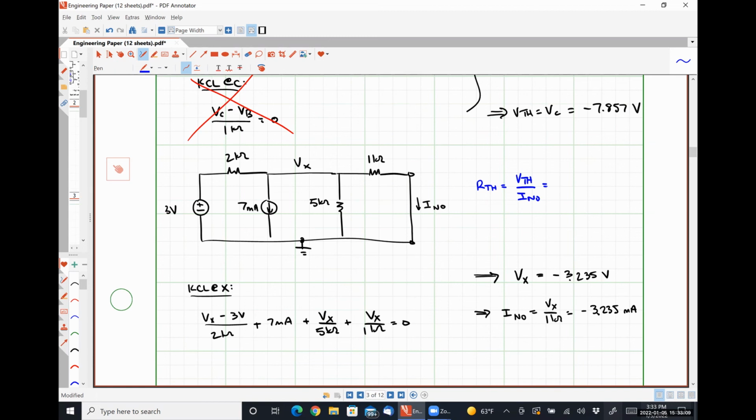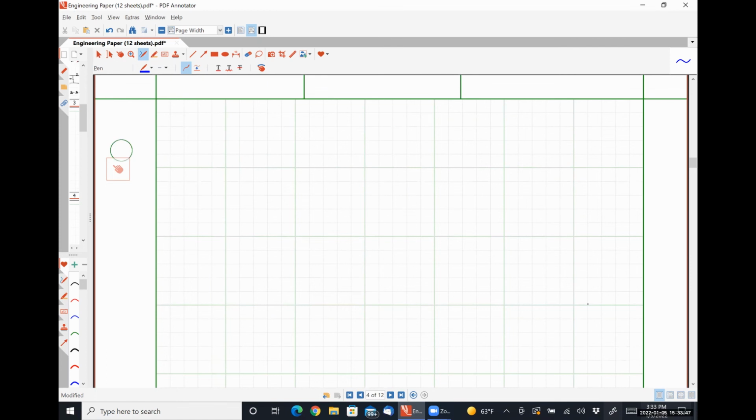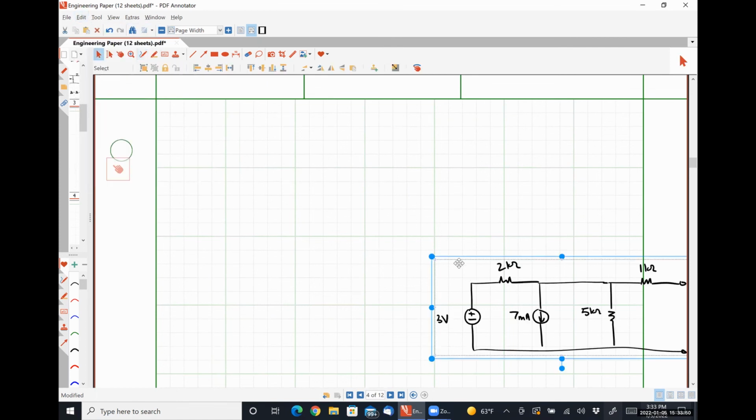That will be negative 7.857 volts divided by negative 3.235 milliamps, or 2.428, 2.429 actually, kilo ohms. And we can easily check this result by, everybody done writing stuff down? We can easily check that result by taking our original circuit,